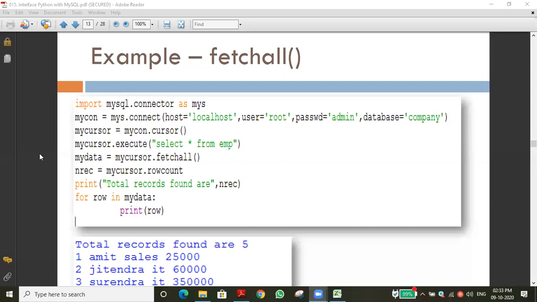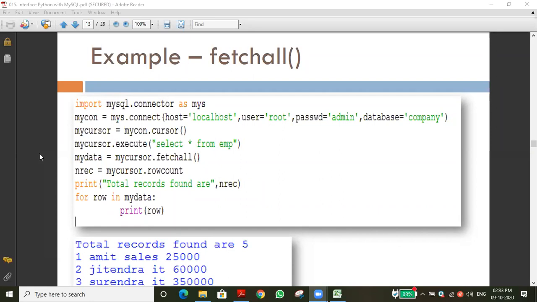Next, we are getting a connector object, mycon, and we are using the connect function to connect the database and our program. Very good. We are giving inputs as host, user, password, and the database. Here the database is company. In this program, the database name is company. We are using localhost, that is the same system only, and their username and their password.